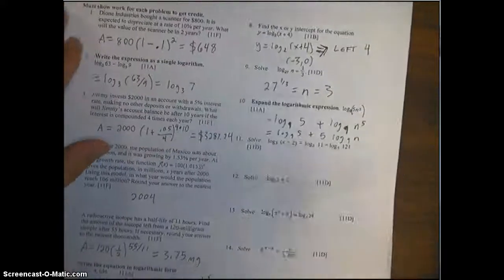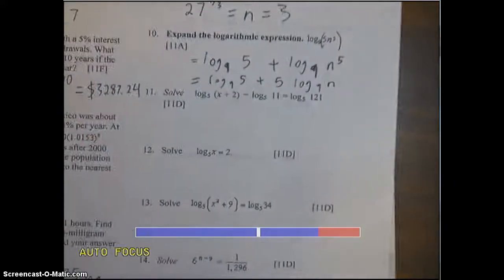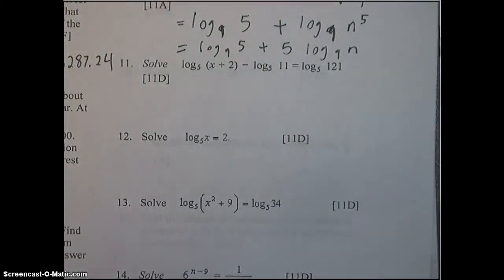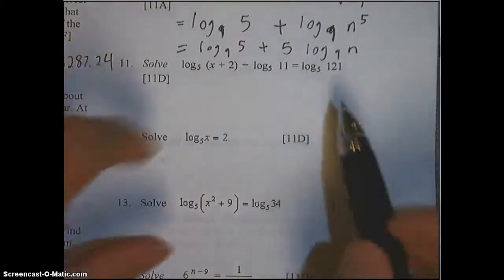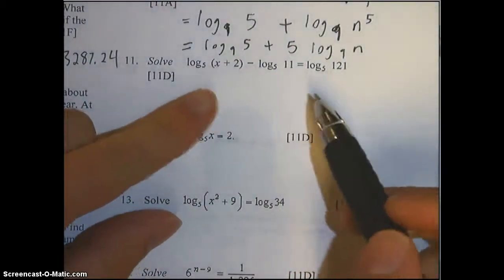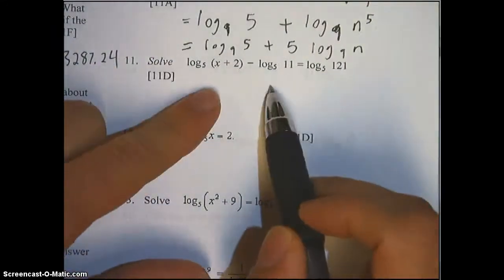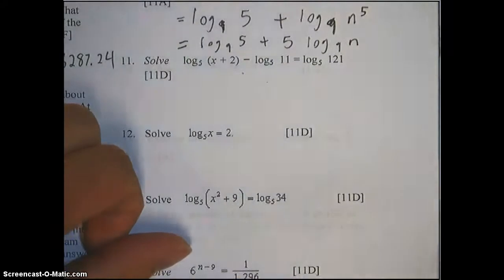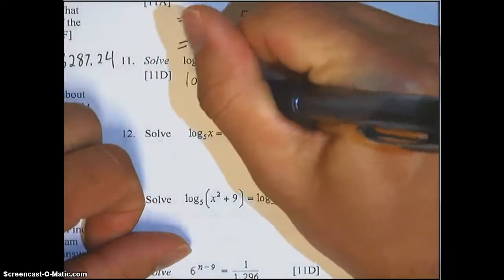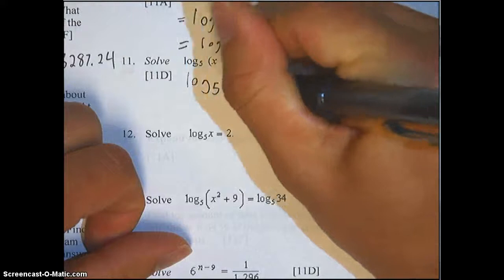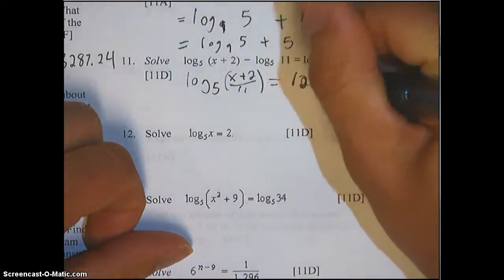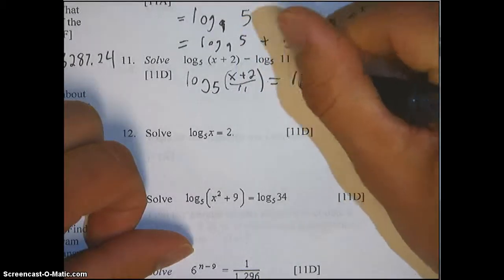All right, I'm going to continue on with this test review, starting with number 11 here. Number 11 says, solve log base 5 of x plus 2 minus log base 5 of 11 equals log base 5 of 121. We're going to essentially cancel out these log base 5s, but before we do, we need to condense these two. And since it's subtraction, we're going to condense them by way of division. So I'm going to make this log base 5 of x plus 2 divided by 11